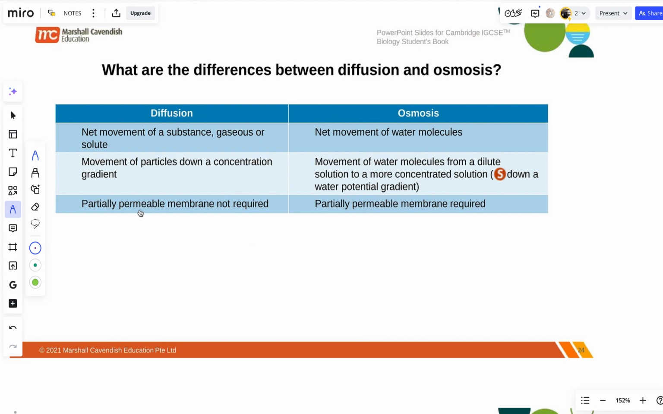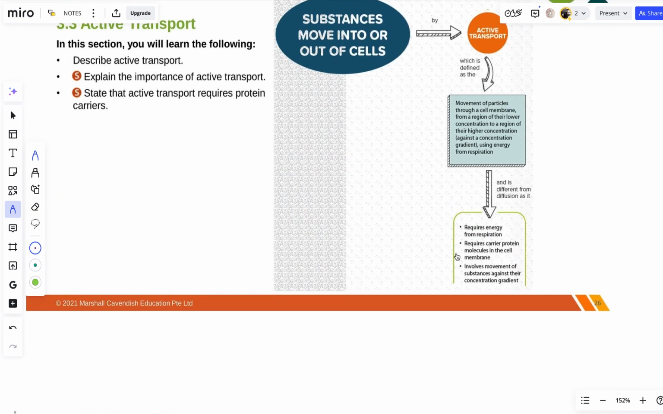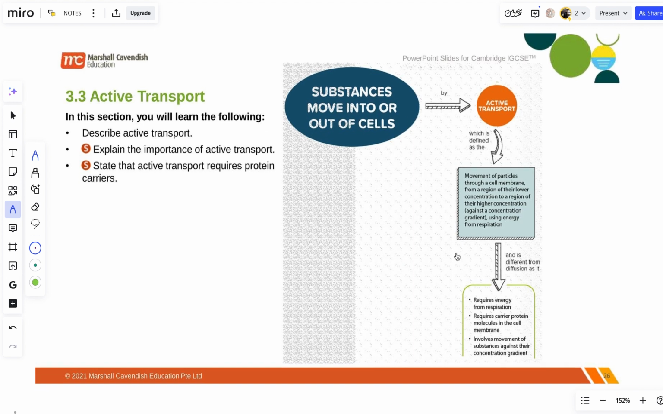Now, for diffusion to happen, a partially permeable membrane is not required, but in osmosis, a partially permeable membrane is a necessity. Okay, so let's move to the next one. The last of this section is